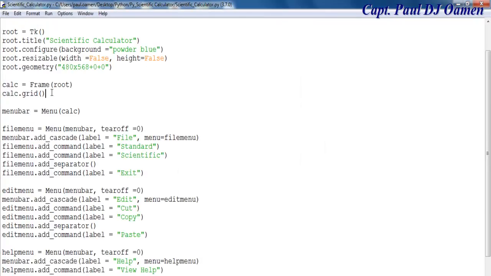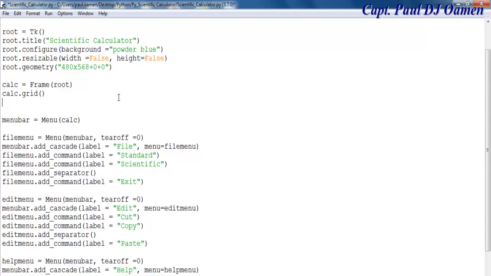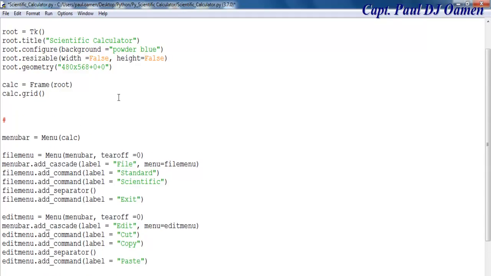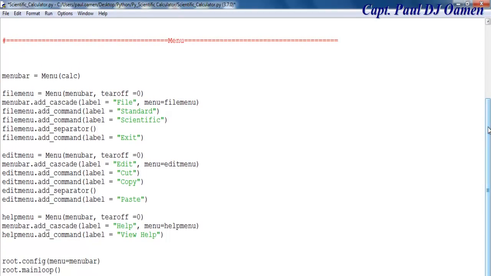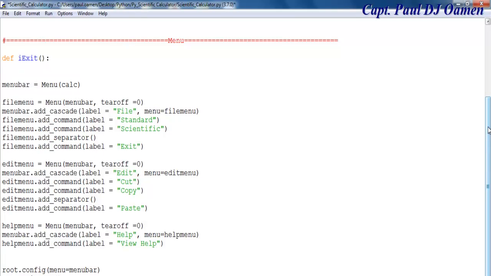Okay, the first thing I like to do is, let me just create a separator here so that there's room. So I'm just gonna call that menu, and right up here on top, right on top of the menu itself, I'm going to create my function. The first one is going to be known as iExit, and that is for function exit. So iExit